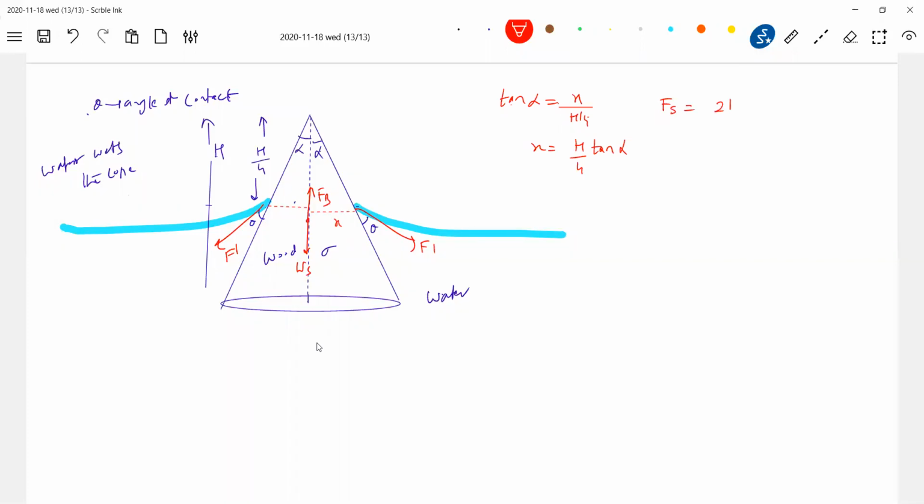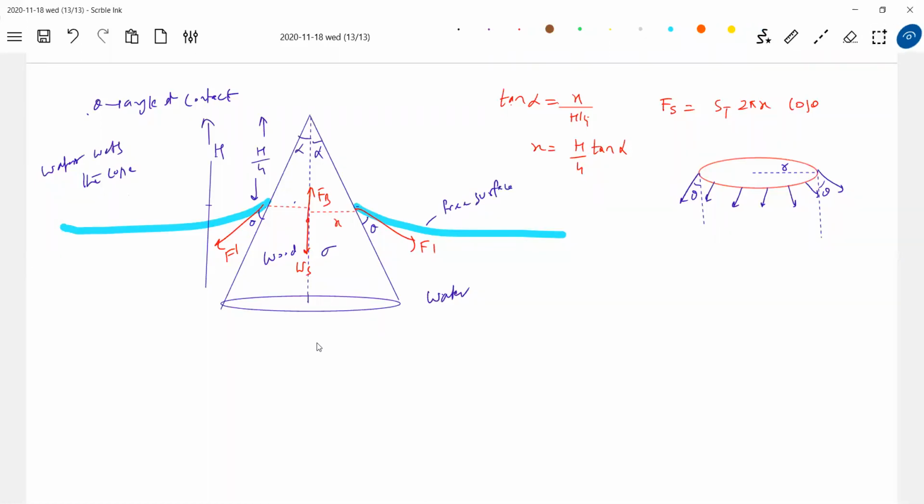Then the force due to surface tension, how much should it be? The radius will become x, no? So therefore, surface tension into 2 pi x into cos theta. Please do notice here why it happens. So here you draw a ring. The force everywhere will be acting like this, and this is the vertical, theta. Now you have to ask questions. Why are you taking it? Because the force due to surface tension should act tangentially, no? Because this is a free surface.